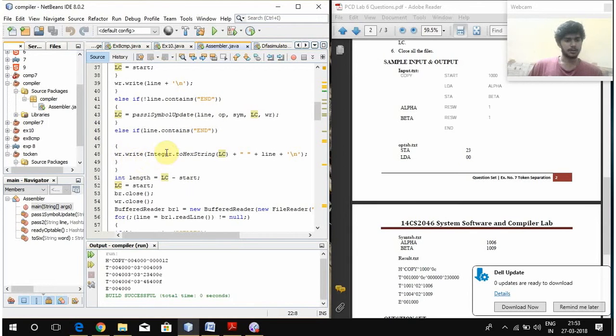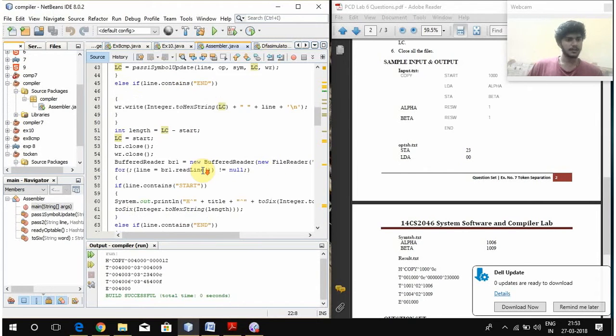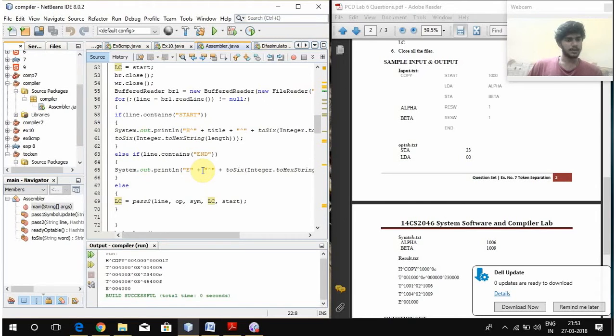In the write program, Integer.toHexString(lc) and line. For this again we are going to int length = start - lc, then we close, we are closing the text file now. Then again BufferedReader b1, we are opening the same thing again. For that we are using b1.readLine() not equal to null. If the text file is not empty, then we continue. If line contains start at the starting point, then